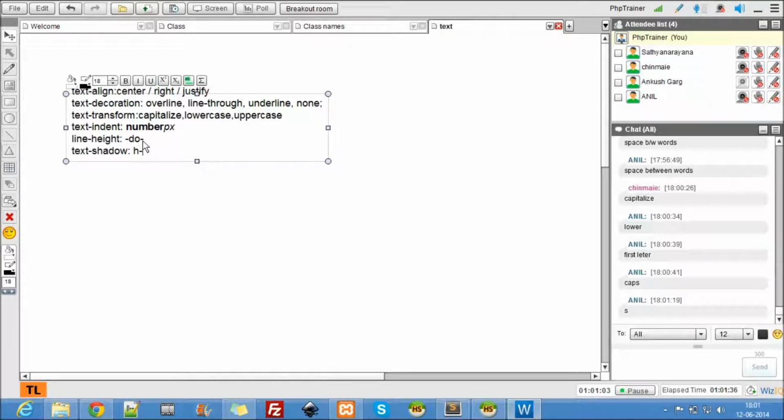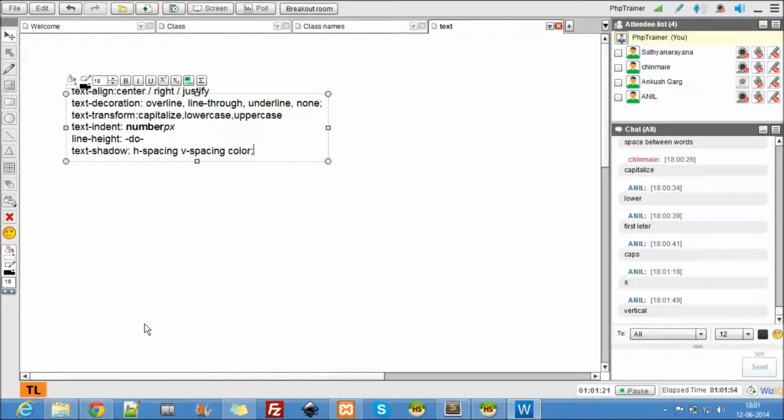Horizontal, I call this spacing, because that's the distance between the word and the shadow. Horizontal spacing, vertical spacing, and color. That's a text shadow.